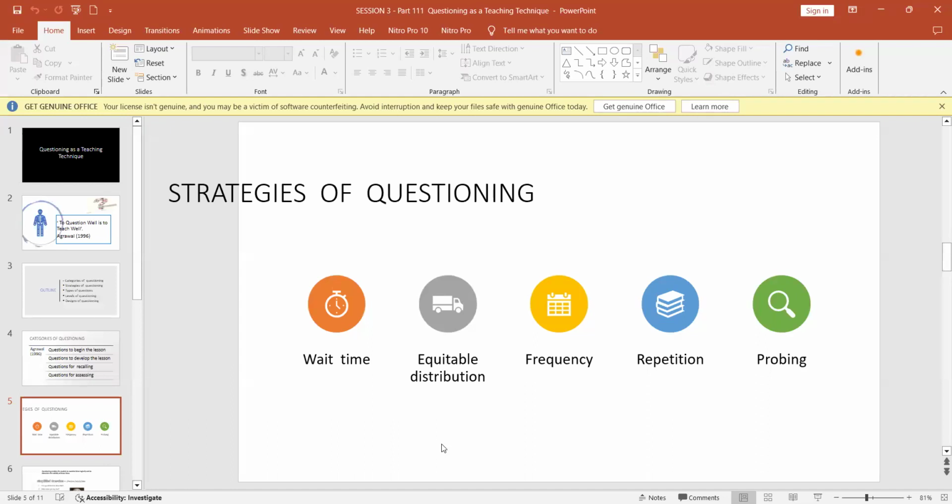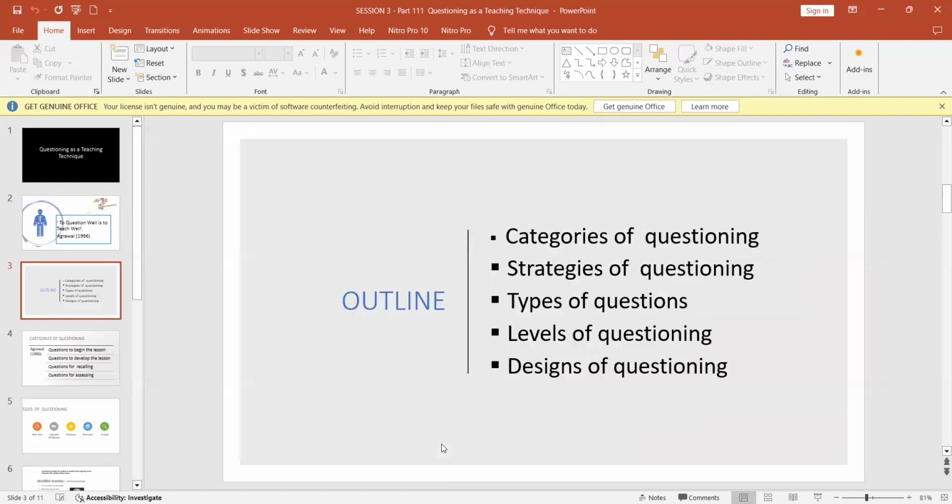Now, if I ask you at the examination, write an essay on questioning as a teaching technique, you can talk about categories of questioning. You can talk about strategies of questioning. I will not ask you; you have to incorporate this because under that topic, I'm discussing them. As I showed you: categories of questioning, strategies of questioning, types of questions, levels of questioning, designs of questioning. So you have to talk about all these things if it's an essay question on questioning as a technique in